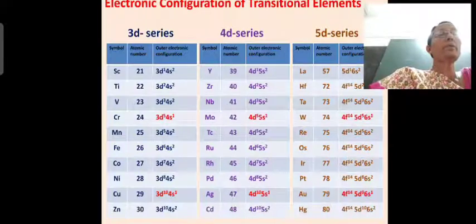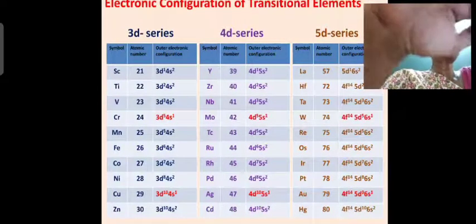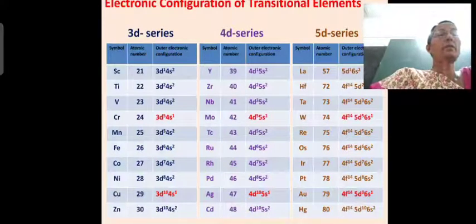When you come to hafnium, you have 4f orbitals also present, and in the 4f you have 7 orbitals. So 7 orbitals means each orbital can accommodate a maximum of 2 electrons, correct? 2 electrons it can accommodate, therefore 2 into 7, that is 14. Then 5d2 and then 6s2. Then you have the other elements, tantalum and tungsten, rhenium, osmium, iridium, platinum, gold and mercury.